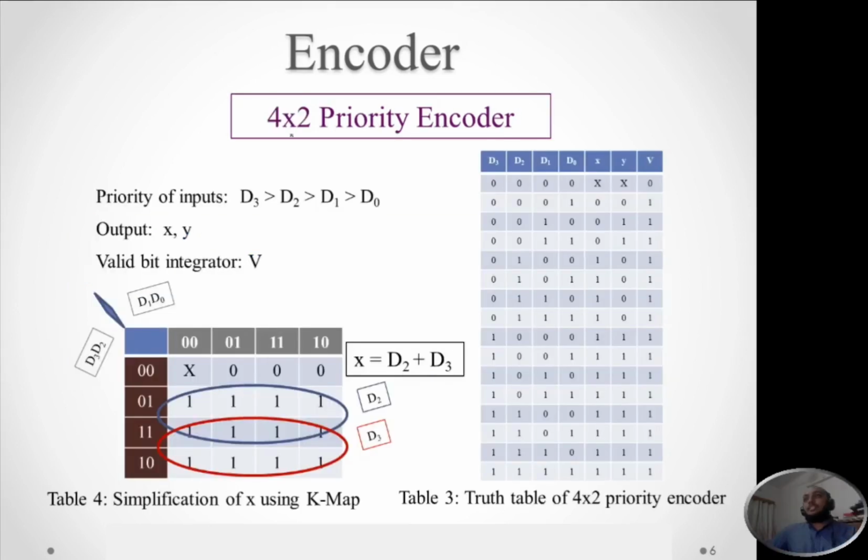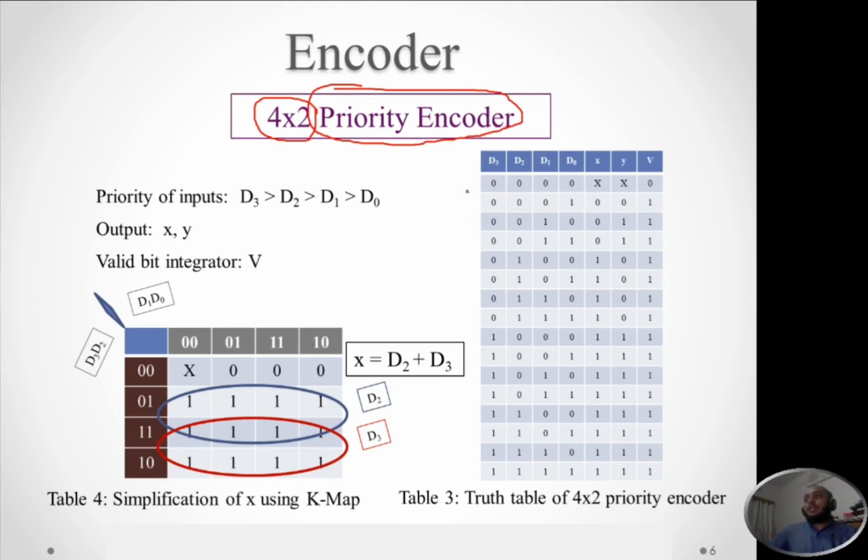Like the previous lecture, here also we will be discussing about 4:2 encoder, but rather than a normal encoder, we will discuss about priority encoder. In a normal encoder, we have said that there can be only one input present at a time, but in case of priority encoder, there can be more than one input at a time, and we need to come up with a better solution for that.